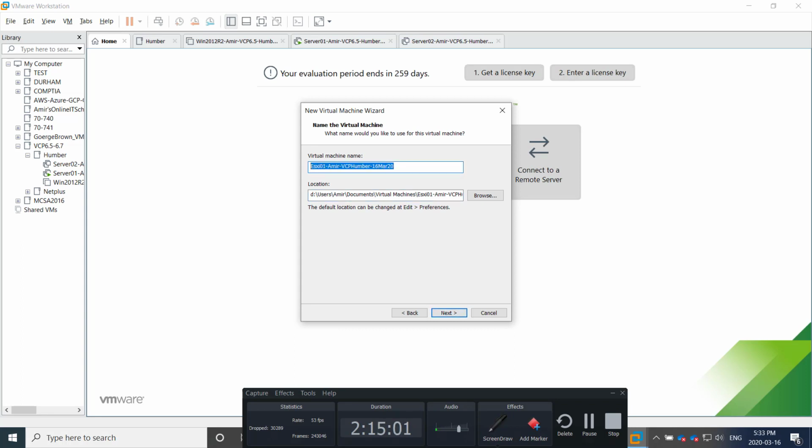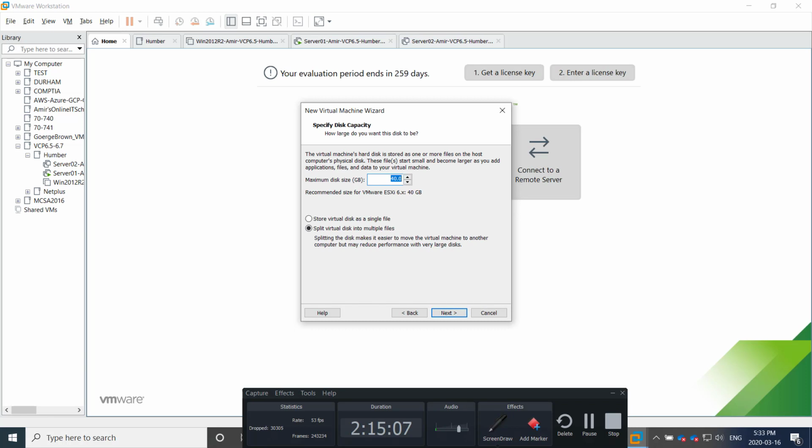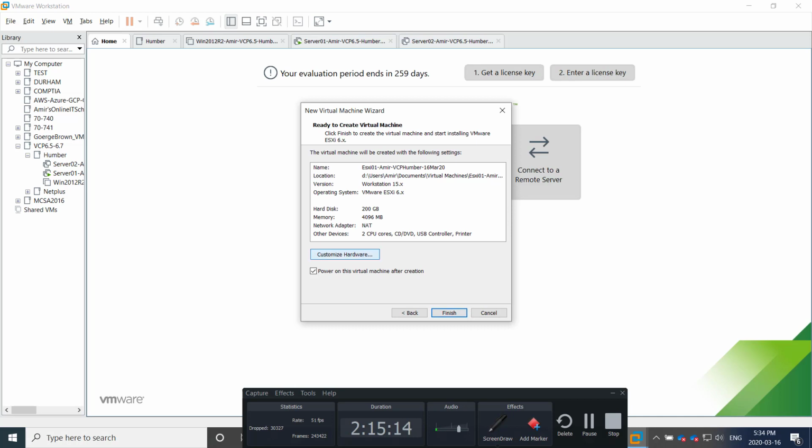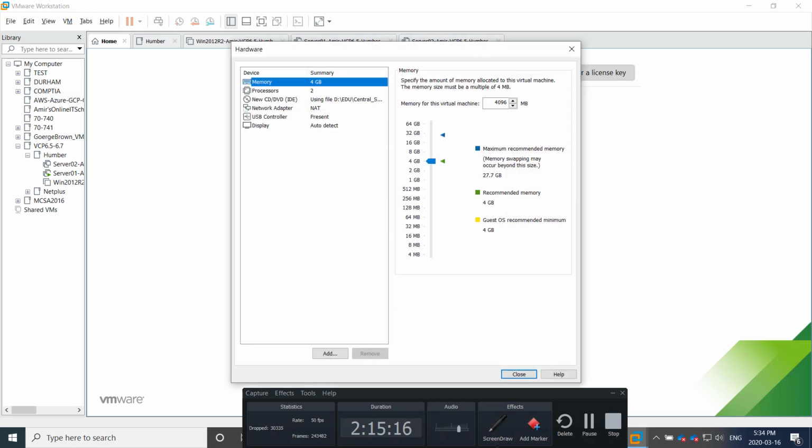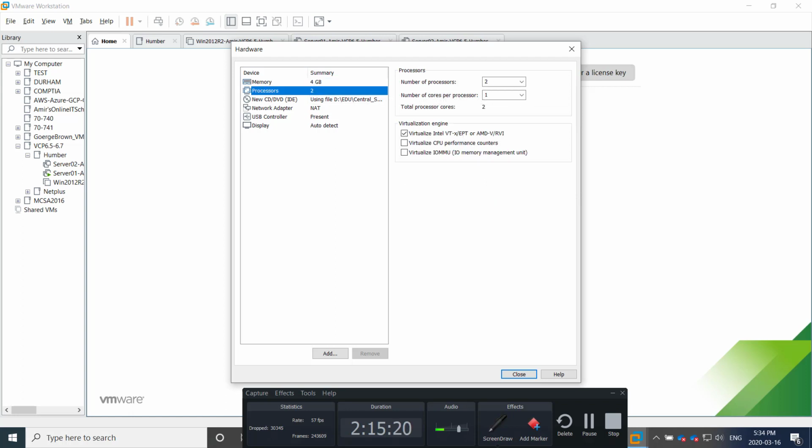So I'm going to also copy this so I can create the second hypervisor with the same name but ESXi2. Next we're going to give it a 200 GB disk, single file, and next, customize hardware. By default it needs 4 GB RAM, and 2 processors are there,